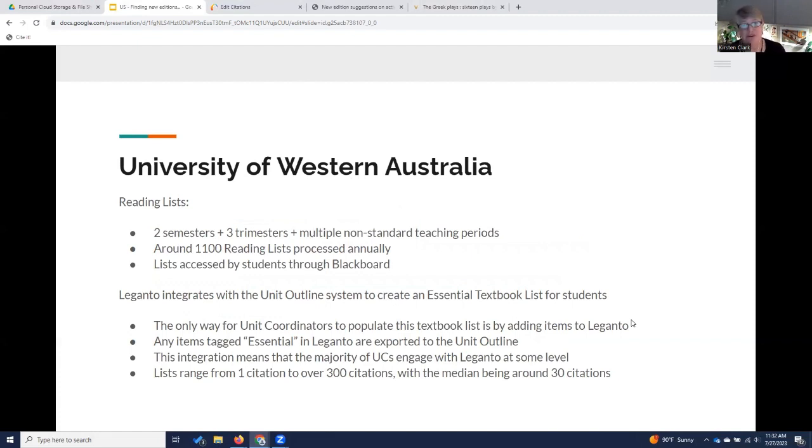Another example comes from Kale at the University of Western Australia. UWA has steadily increased their academic engagement with Leganto over the past 5 years, with the number of reading lists reaching a peak in the last 2 years. One important element of this increased usage was the creation of an integration between Leganto and the UWA unit outline